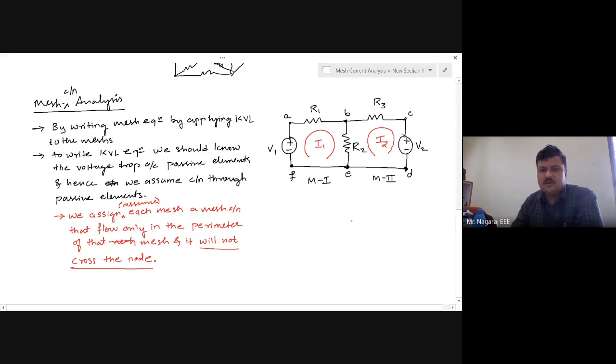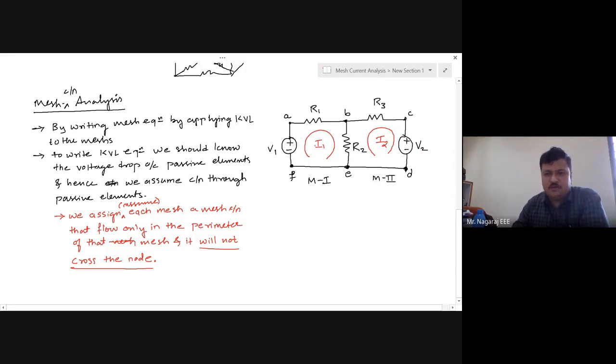Okay, I will get a set of linear equations with number of equations equal to number of unknowns. So when I have number of equations equal to number of unknowns, it is very easy to get the solution. So what is the unknown in this KVL equation? V1 value I will be knowing, R1 value I will be knowing, R2 value I will be knowing, R3 also, V2 I know. The only unknowns here are I1 and I2.